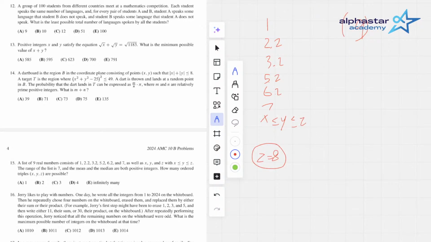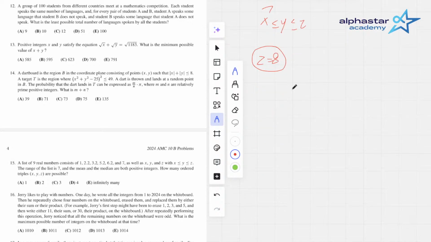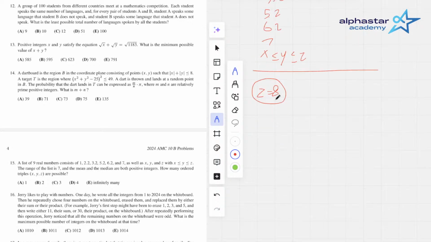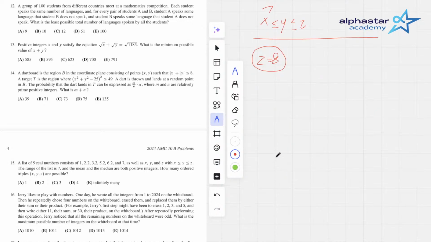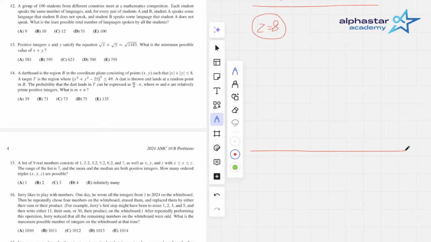So I believe z has to be 8. Actually, no, z could also be equal to -1. So that is also not true. Hold on. Okay. So let's take it one by one. Z could equal 8. There's case 1. It could also be